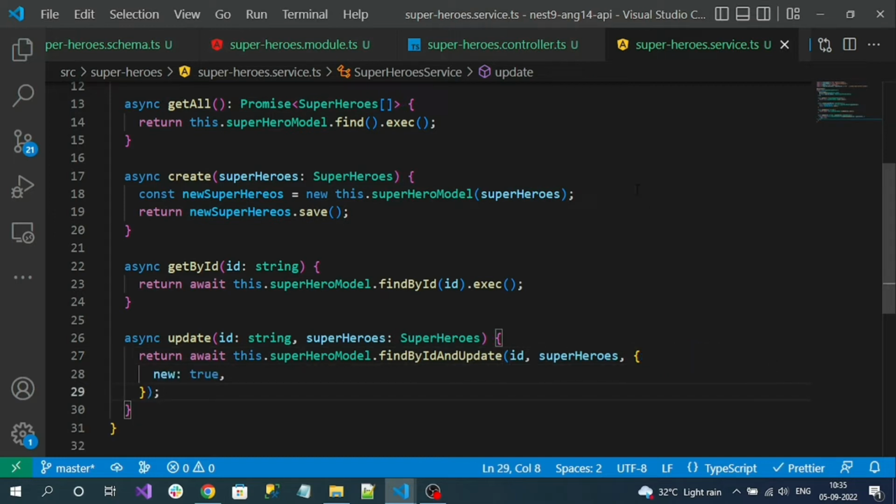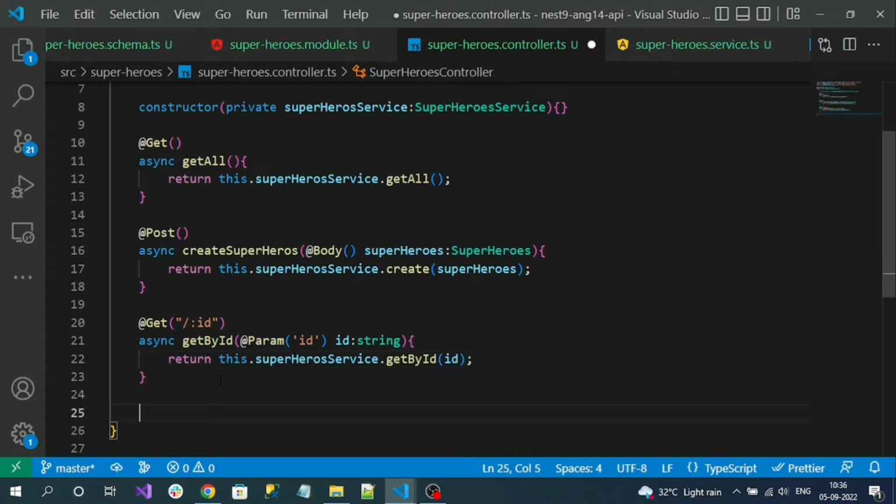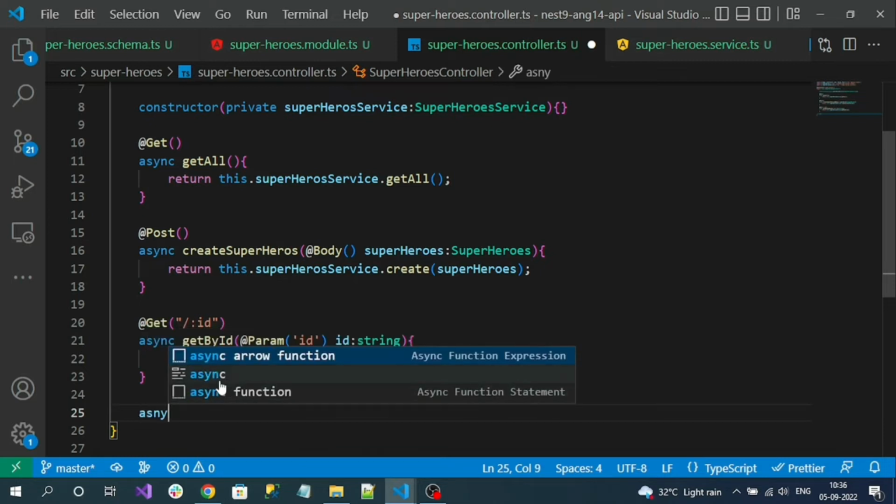Now let's create the HTTP PUT endpoint. For update, we have to use the verb HTTP PUT so that only an HTTP PUT request can execute our endpoint. So let me create the new endpoint here. Async